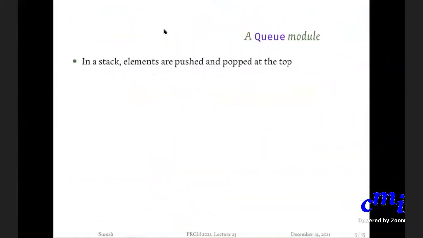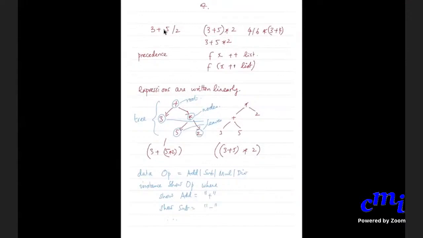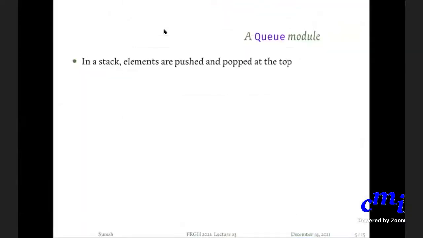I will add a page. Now expression. How do you think I can represent expressions? An expression is either a leaf or a node.